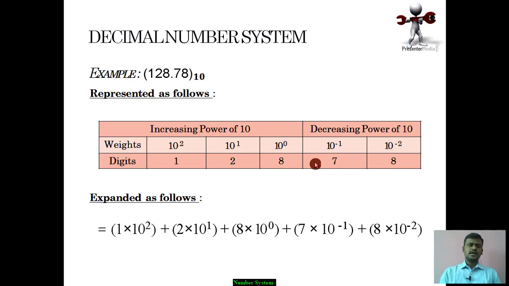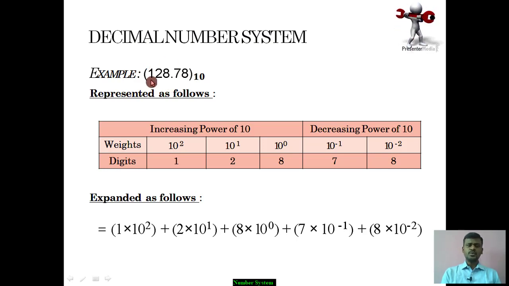So this is an example of decimal number system, that is 128.78, and we have specified the base 10 because we are using decimal number system. So for this reason we have specified the base as 10. So you can see here 128.78, all the digits, means all the numbers will fall under 0 to 9 digits only. For example, here consider 8 will also fall under 0 to 9, 1 will also fall under 0 to 9 digits. So this is a perfect example for decimal numbers.